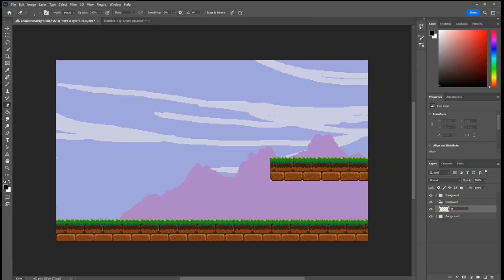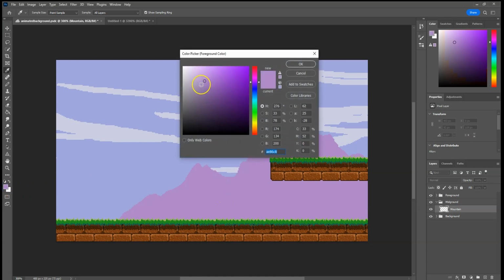And I'm going to go ahead and call this my mountain layer because I'm going to, again, have another set of mountains, but this time a little bit closer in view. So to get started here, I'm just going to go ahead and color pick that same color that we had previously used for our mountains. And what I'm going to do is make that a little bit darker and bring that down into the blues a little bit more here, just so we get some nice contrast between those two